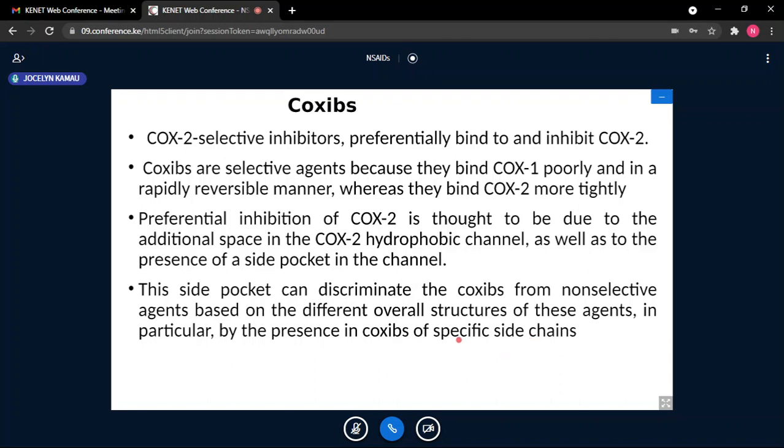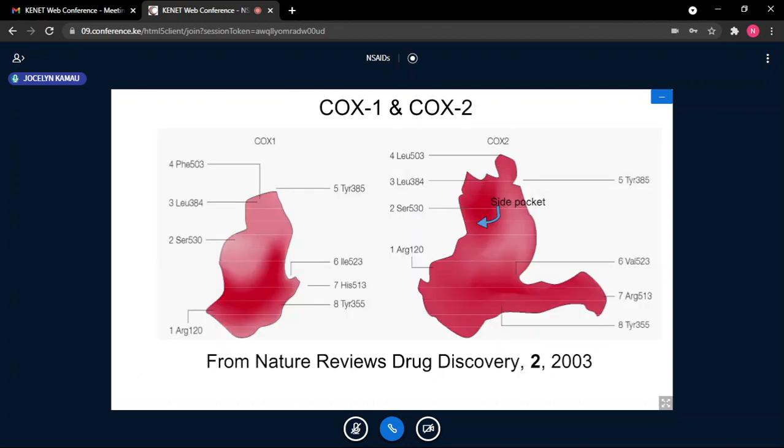So we are only saying, as I have already mentioned, the coxibs have a structural difference from the other anti-inflammatories, from the non-selective. Number two, the enzymes themselves: COX-2 has a larger hydrophobic area, and it has a pocket. Because of those structural differences, these drugs go for COX-2 and not COX-1. I'm not supposed to tell you to draw this, but it's just to make you understand what we are talking about when we say the structural difference between COX-1 and COX-2.